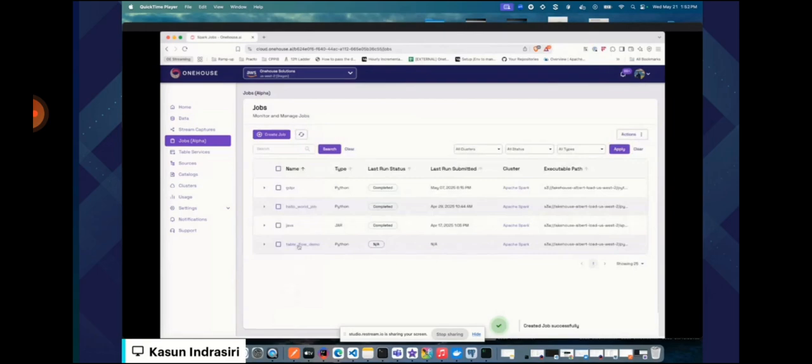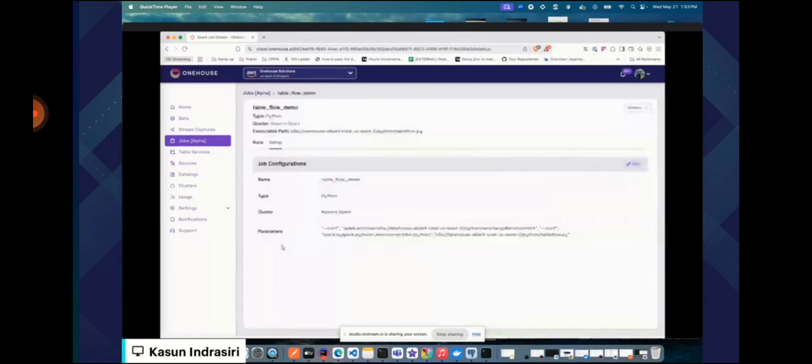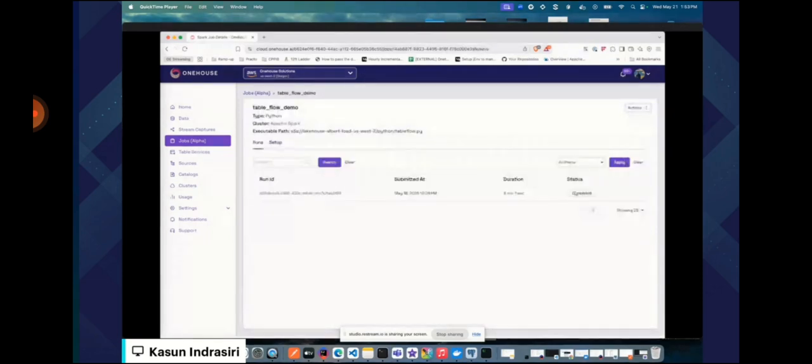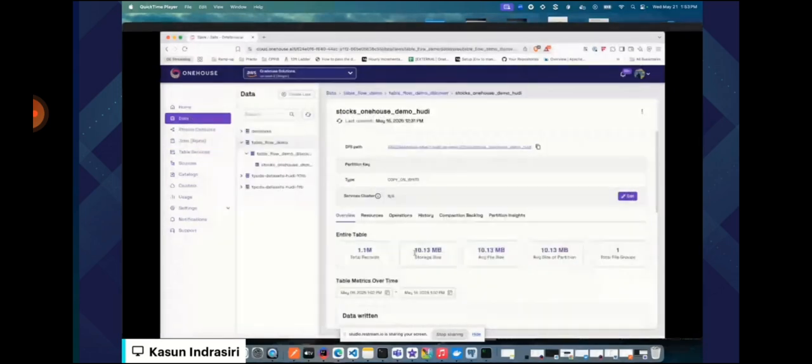Just go inside it and then execute it. Then you can view the status of the job execution. It is successfully executed and completed, and therefore you can go to your workspace, and you should be able to see the new table created by this script.